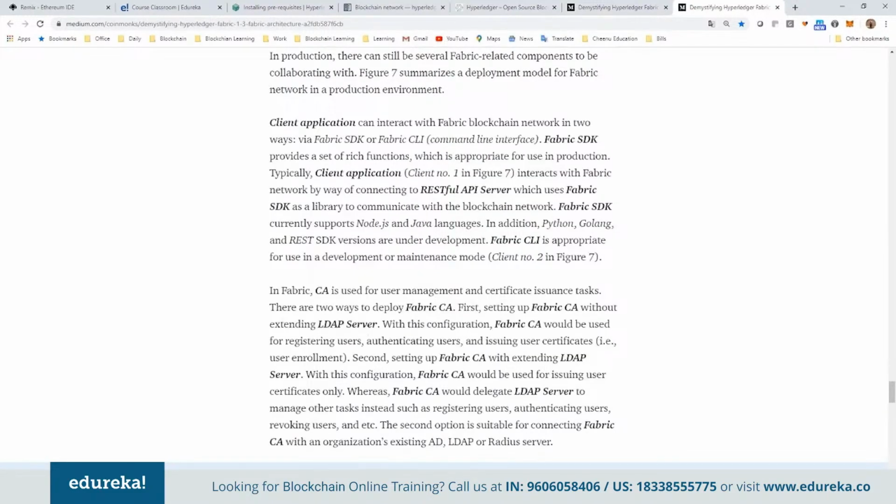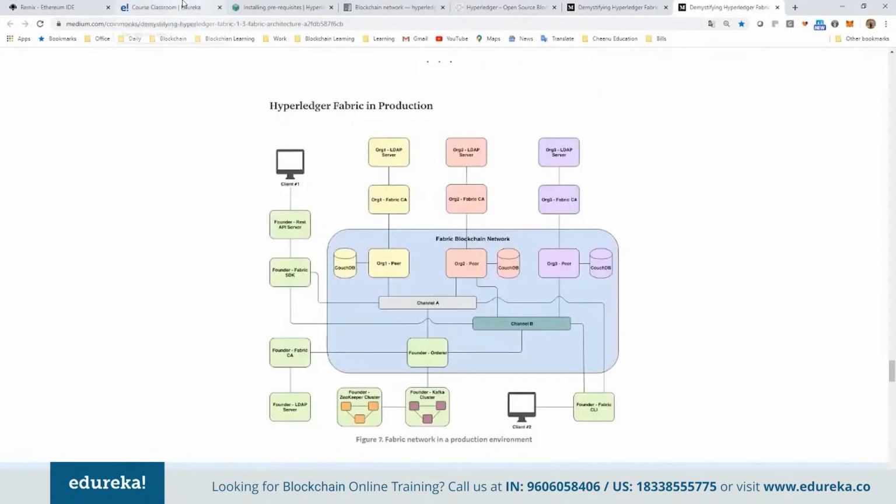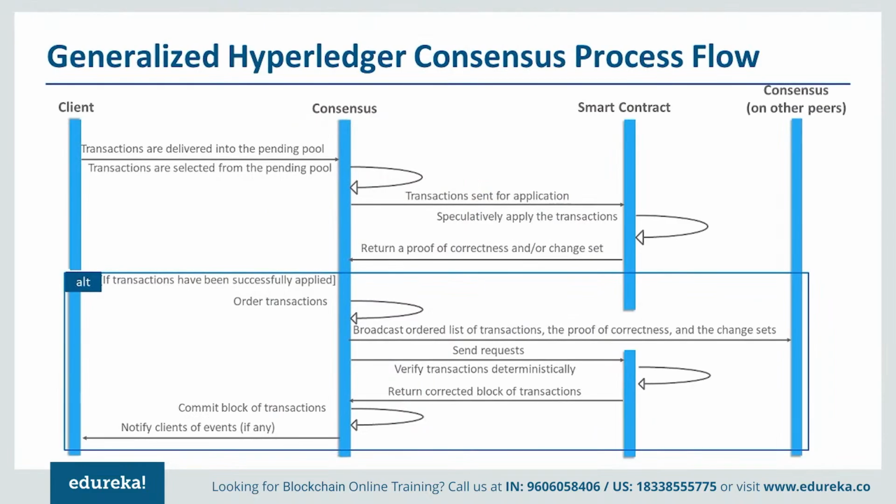So basically it reaches the endorsing peers, which is not shown here, but it goes to the endorsing peers. Now transactions are sent for application, selectively applying the transaction. So its smart contract is applied and a proof of correctness or a change set is returned back to the application. So the endorser nodes will run the smart contract or the chain code and they will